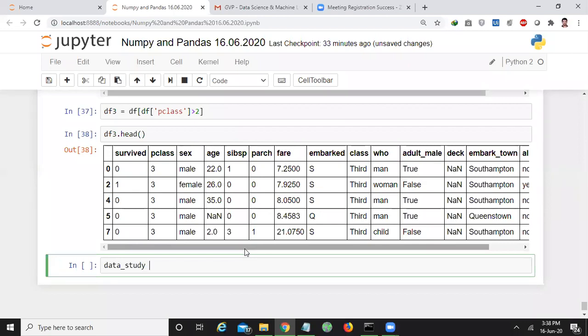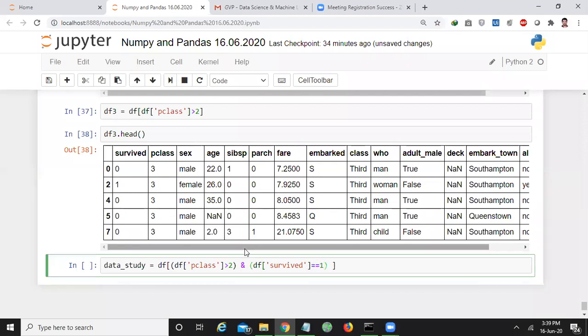I want to study the data and I want to write the query like this. df of passenger class, okay, which is greater than 2, and df of survived equal to 1.